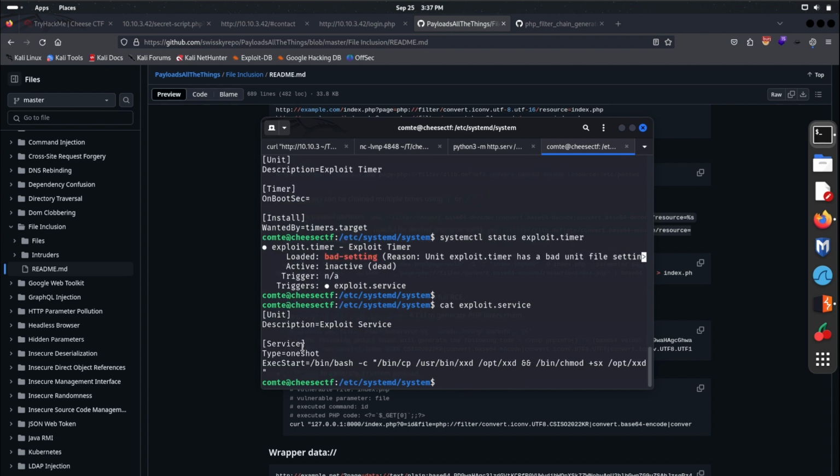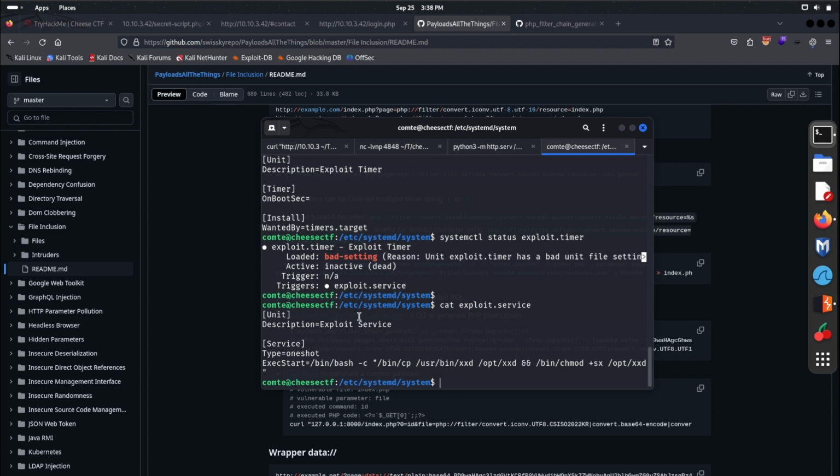If you check this clearly, what happens here is this copies the xxd binary into the opt folder, and this gives SUID access to the xxd,